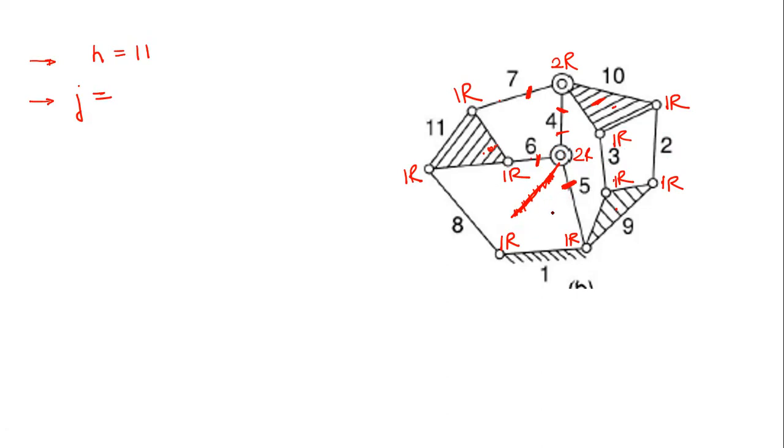Now, have I done any mistake here? So one mistake I can see here. So just tell me carefully. Where is that mistake? At the intersection of 1, 5 and 9, there will be 2R. Very good. So here also, if you observe, 3 links are connected, 1, 5, and 9. So this should also be 2R.